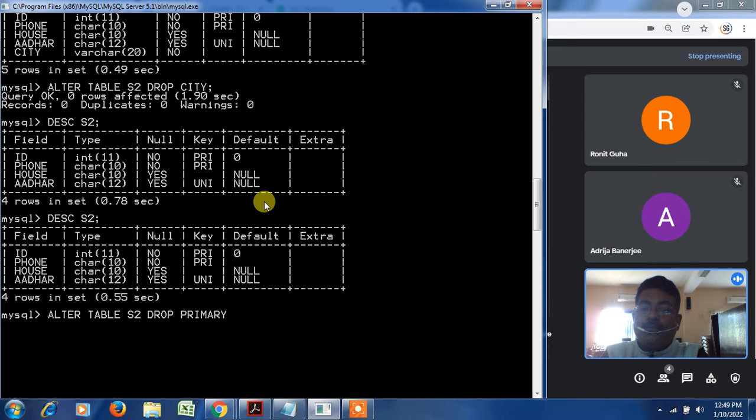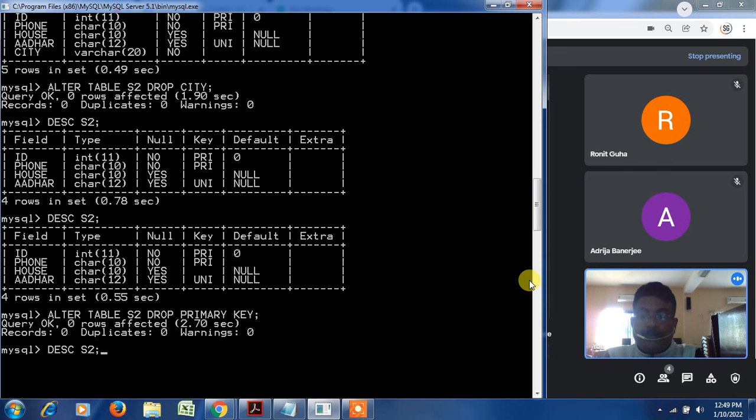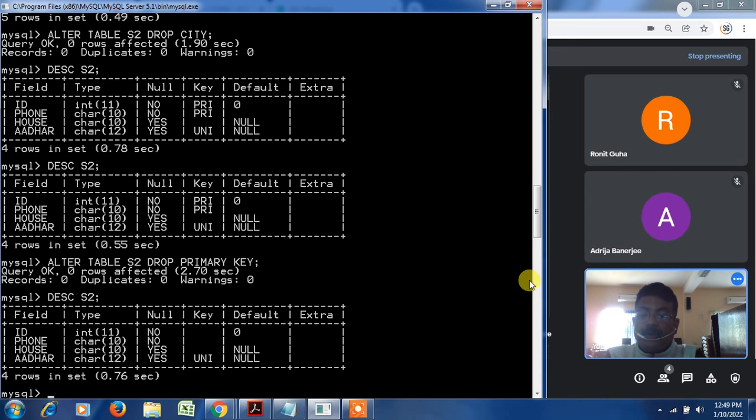It proves that in both places this primary key will be removed, that both have been formed as a composite primary key. If they were single, it would have been removed from only one place. Let's see now. It has been removed. Confirming by describe S2, it is no longer there in both places. When we had added it, PRI appeared under the key column in both places, but now it is no longer there.